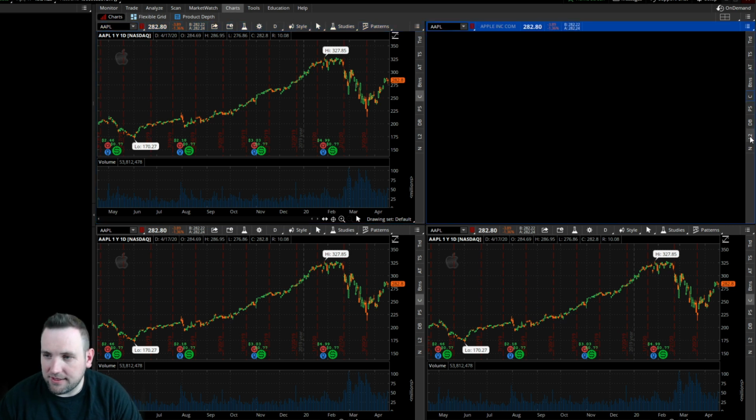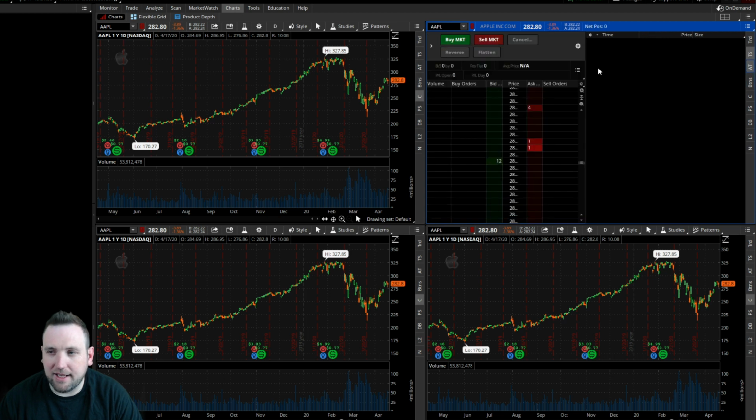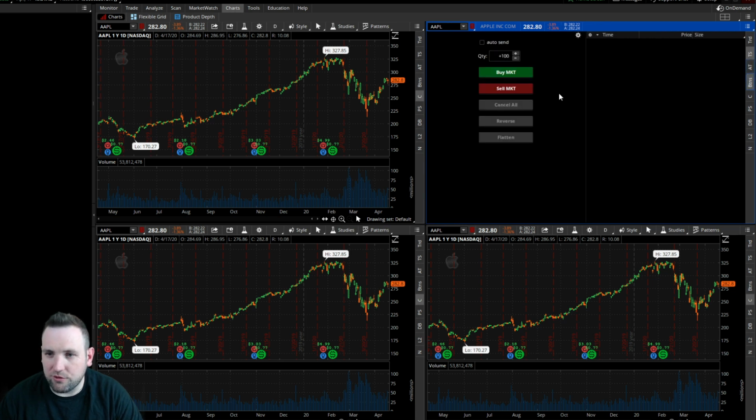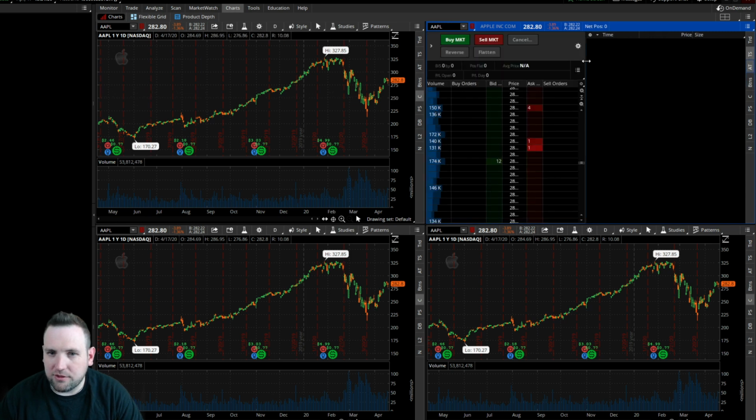Okay. The next thing we're going to put is the time and sales, which is TS, stands for time and sales, and then the buttons. I'm sorry, not the buttons. I like the AT ladder. Either one you can use. It depends on what you want to do. You can click buttons and set all this up, but personally I use the AT ladder. There we go. So now this first chart is going to be a certain time frame that we're going